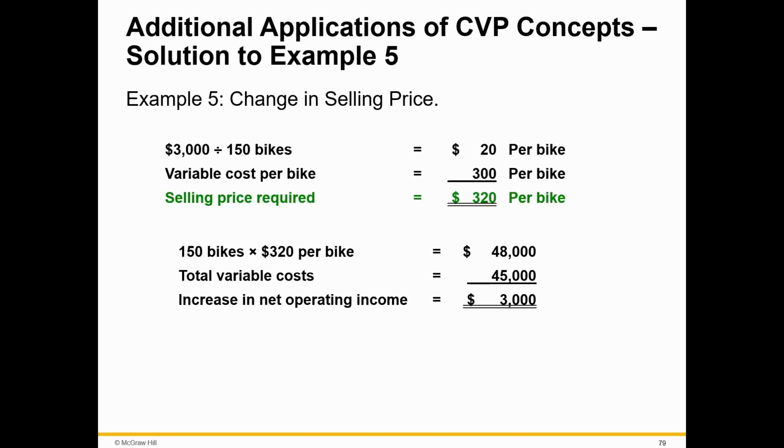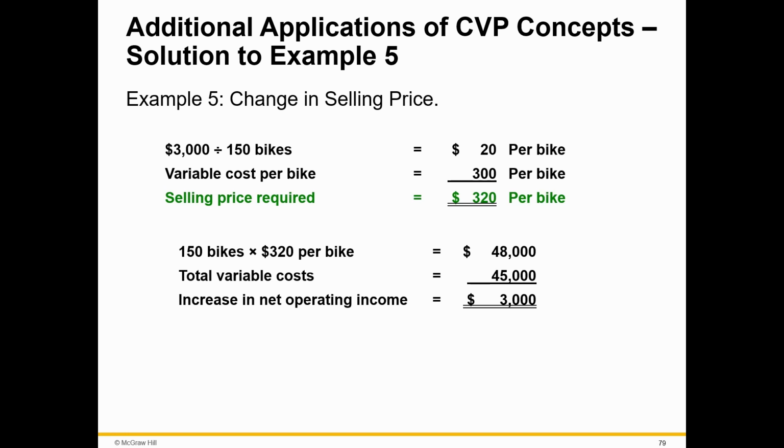And so if we were to do that, we want to increase our profit by 3,000. So if we take 3,000 divided by 150 bikes at $20 a bike,